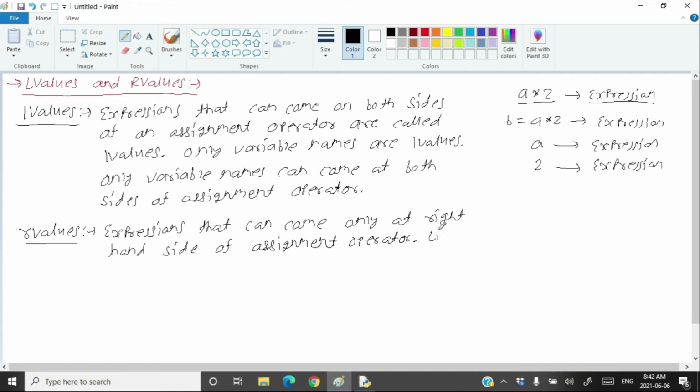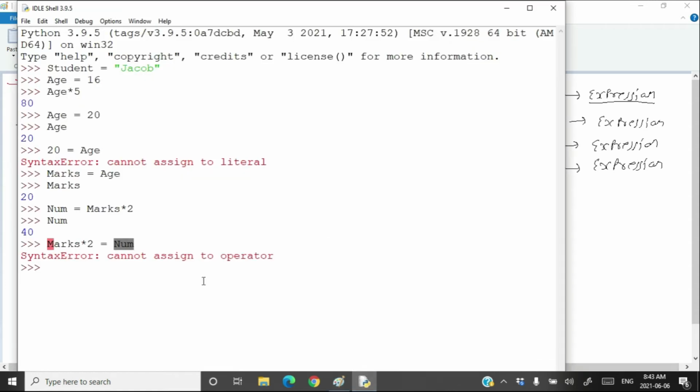So literals or expressions that evaluate a value are R values. As we have seen, expressions that evaluate a value cannot come at the left hand side of the assignment operator. Literals, meaning constants, cannot come at the left hand side either. That's why these two, literals and expressions that evaluate a value, are the R values.